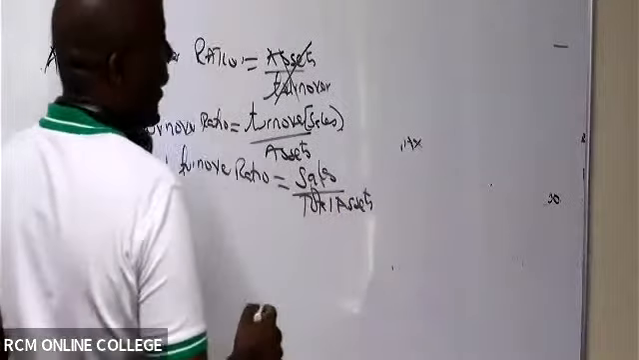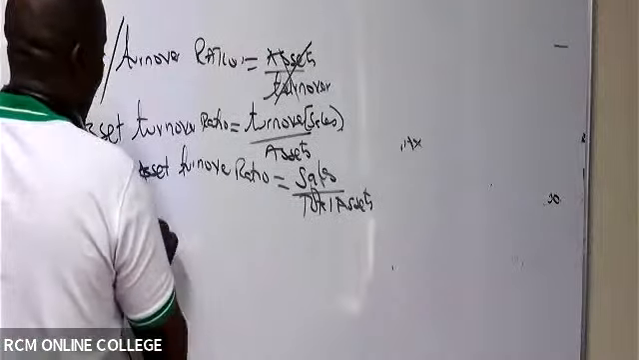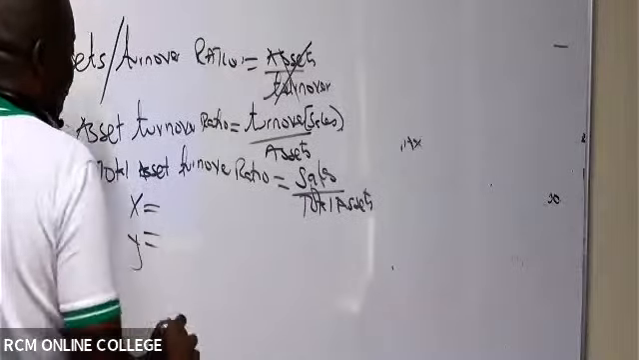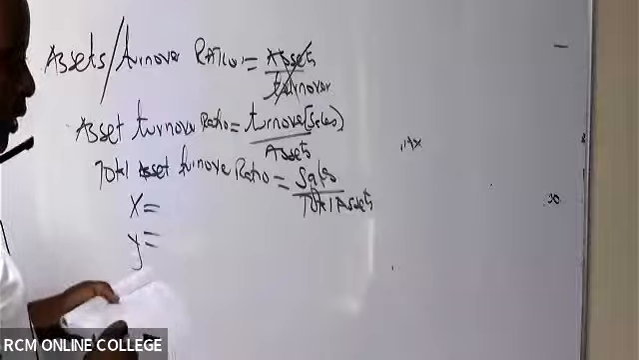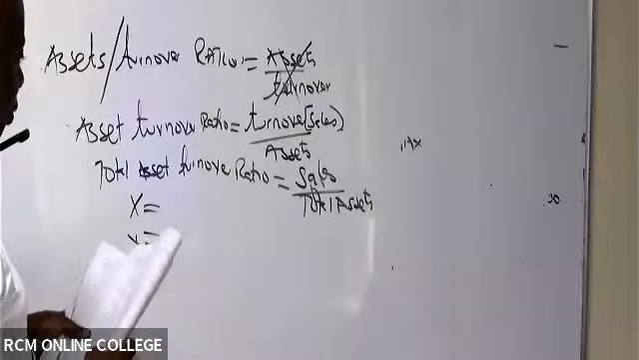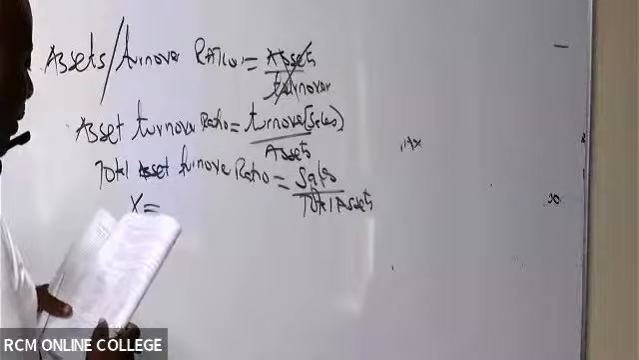Yeah, I will take sales over total assets, if it is total asset turnover ratio. And I will go ahead to compute the total asset turnover ratio for each one of them, for X and for Y. So in this case, are you able to see the sales figure for X? Sales figure for X, it's up there. It is